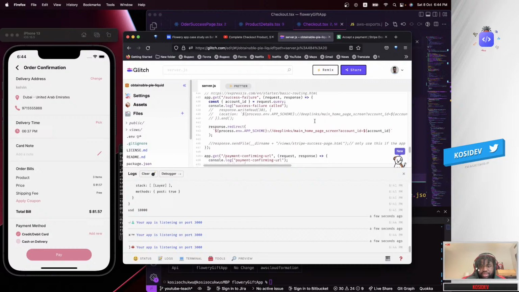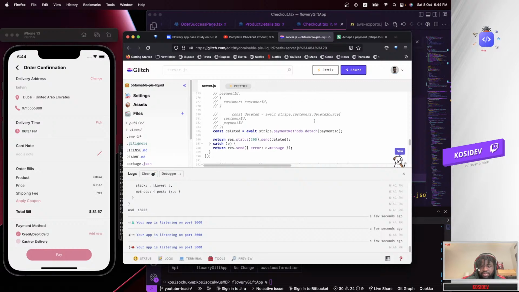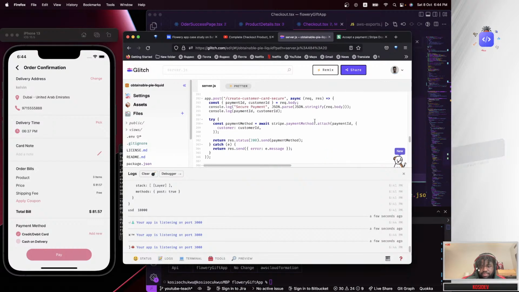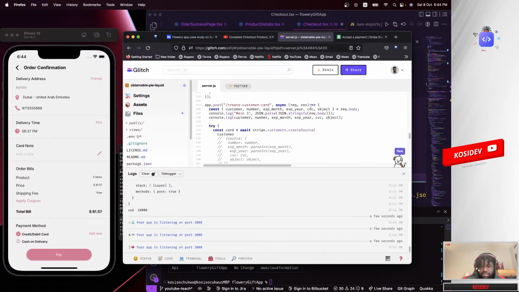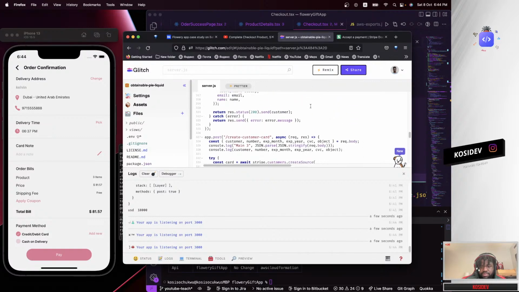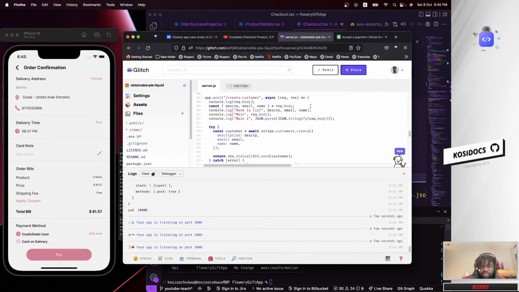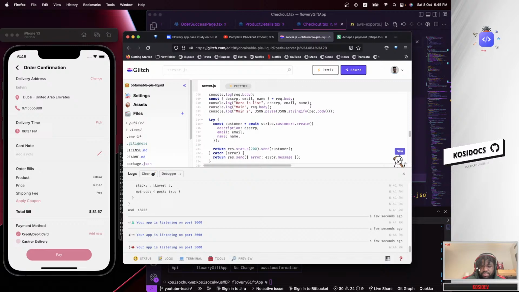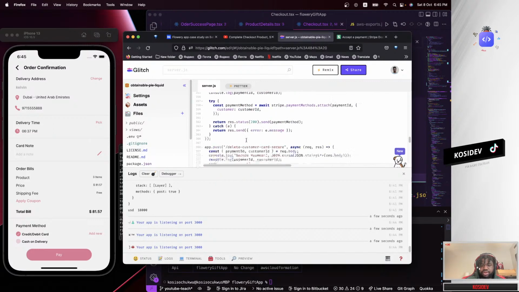I think I did that somewhere here previously. Yeah, so there we go. I can create a customer by passing some params to it.